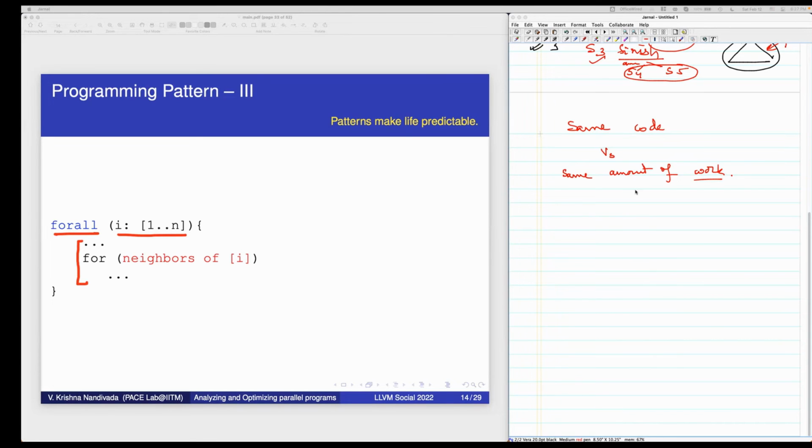I'm assuming none of us are anywhere close to that, so you will keep on working forever, isn't it? Because the number of neighbors is very different. In the Twitter graph, every vertex is not equal, or every iteration is not equal.